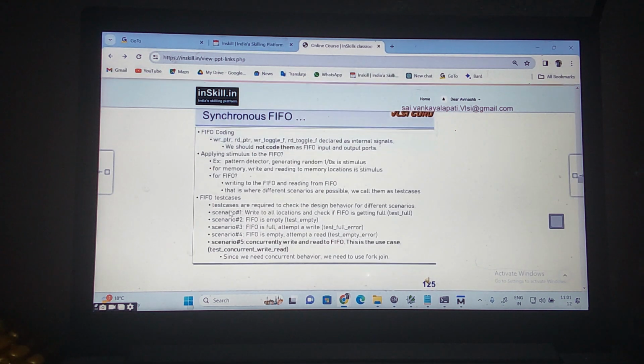These are the test cases. They are required to check the behavior of the different scenarios with the FIFO. One possible scenario is writing to all the locations and checking if the FIFO is getting full or not. Once you are writing all the locations to the FIFO, what do we need to get? Full. This is one test case. I need to see the behavior of this FIFO. What test cases can I write? One is to write to all the locations